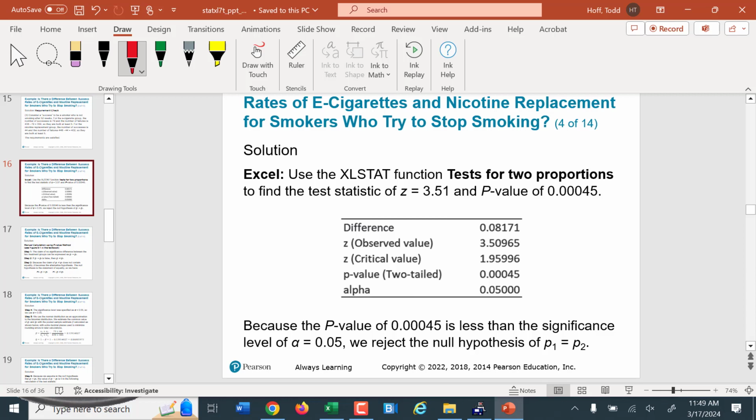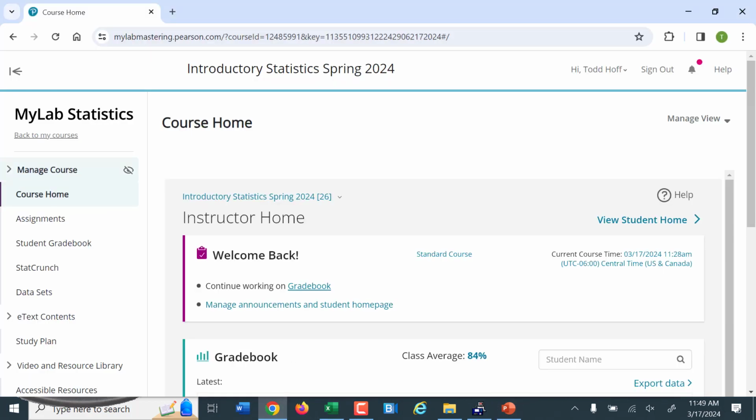So if they plug the information into XLStat, this is what it spits out as this display here. I can't put XLStat on my computer because I don't have administrative rights to install that, but you should have that at home. But I'm going to use StatCrunch. I like StatCrunch because it is included right in the MyMathLab software, so you don't have to install the add-in on your